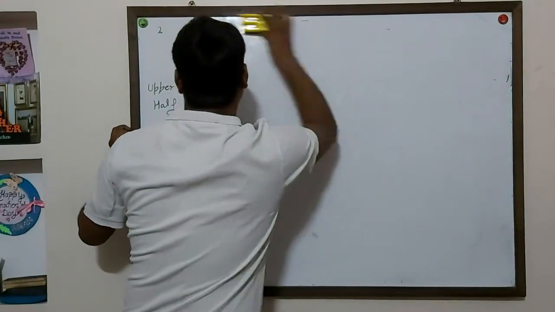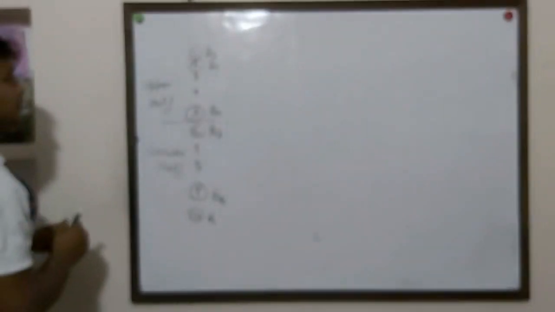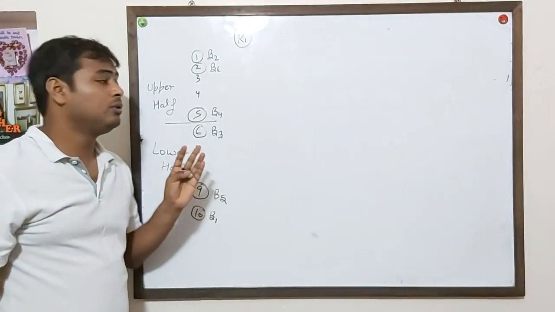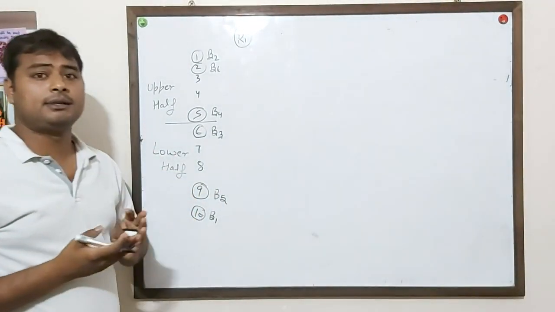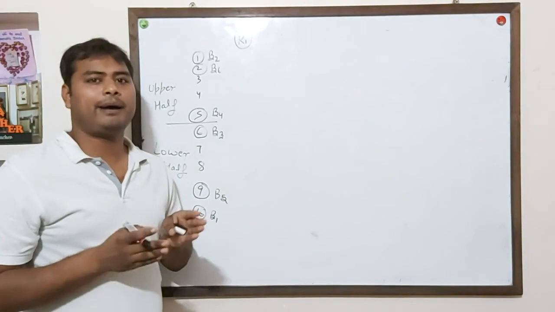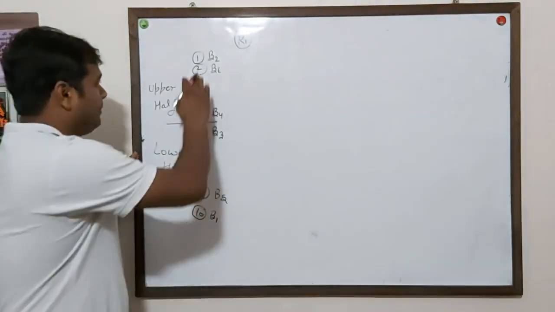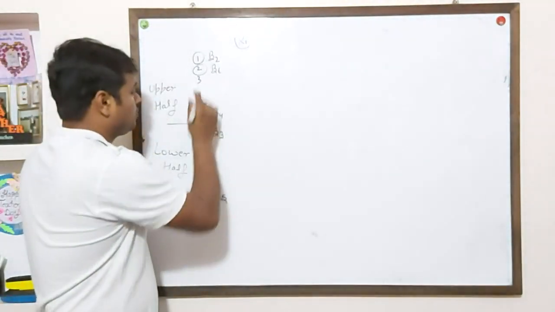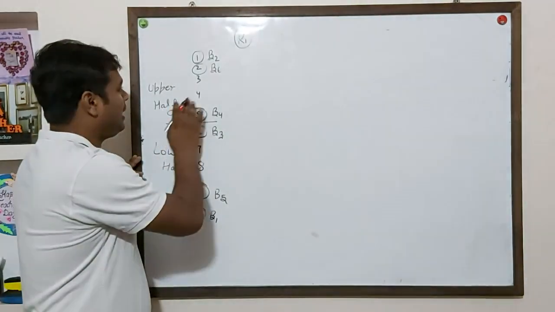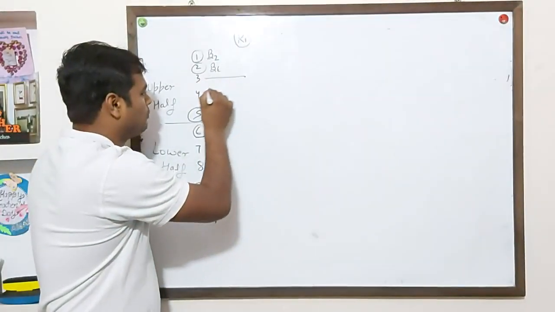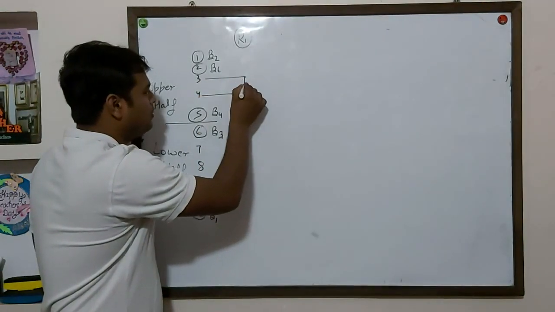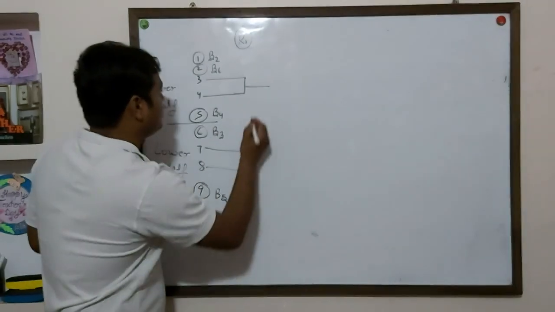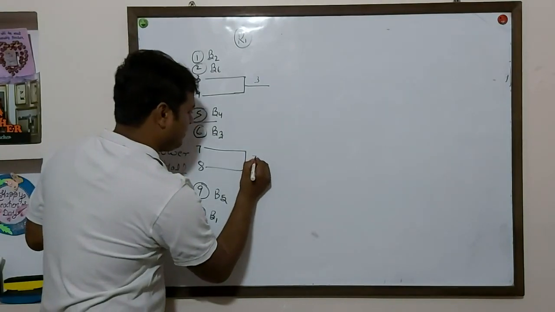So now I will conduct round 1. As I already told you, a bye is a privilege given to a team, and a bye team does not play in the first round. It means the teams having byes will not play in the first round. So now without byes we have in the upper half only 2 teams, 3 and 4. So one match will take place between 3 and 4. And here 7 and 8 in the lower half. Suppose 3 won the match and here 7 won the match.